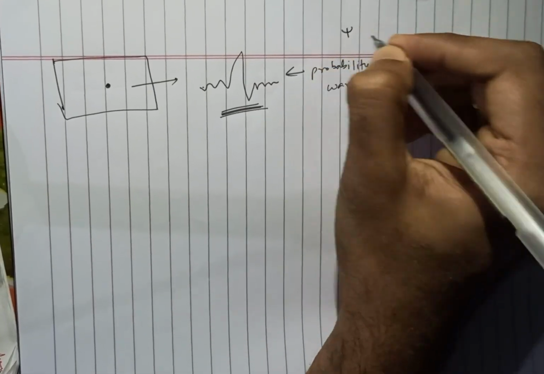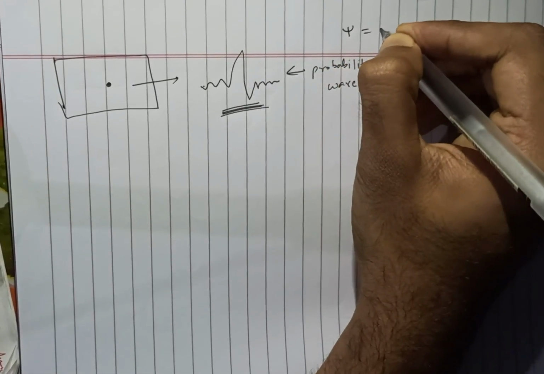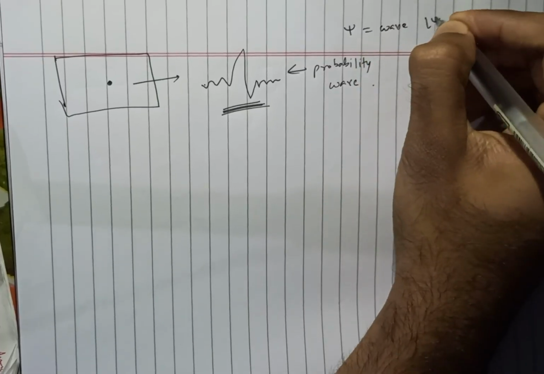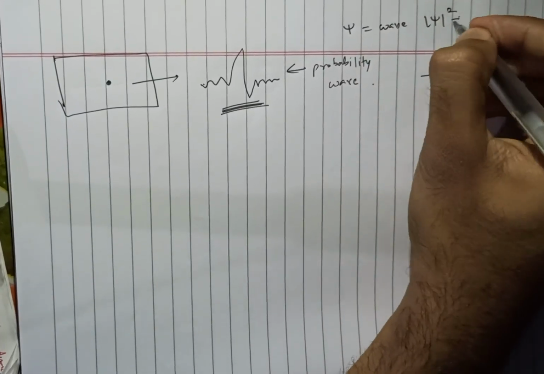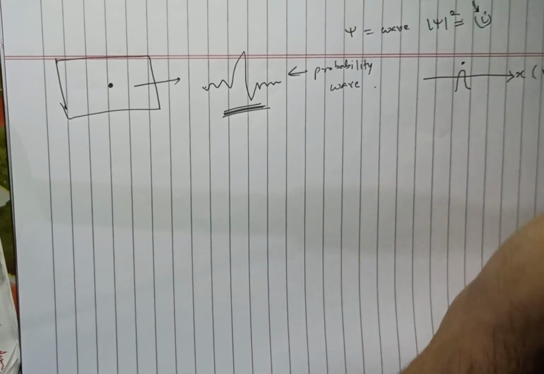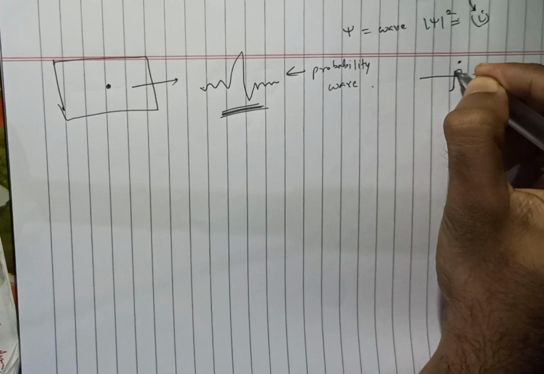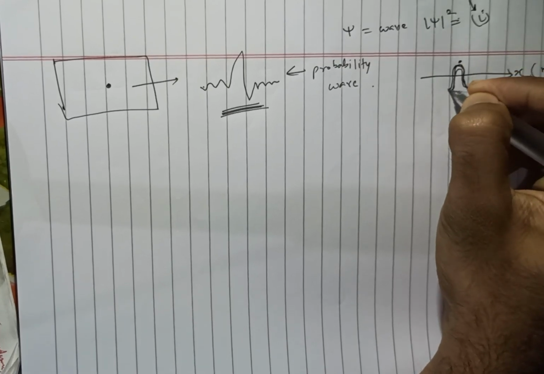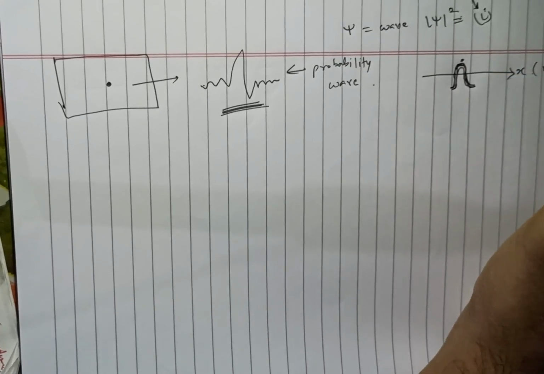That's why we say that the amplitude is the highest here, and that's why we also take the square of the amplitude. If psi is complex, some kind of wave, then we take mod of psi square, because mod of psi square eliminates the imaginary part. Then we get a real amplitude that tells us where the particle is most likely to be.